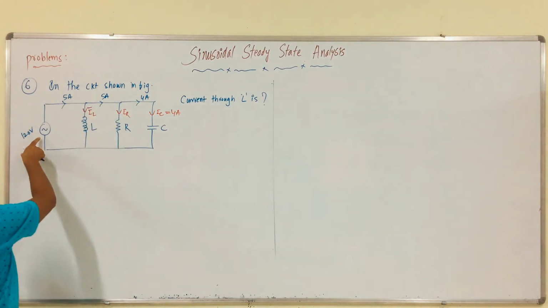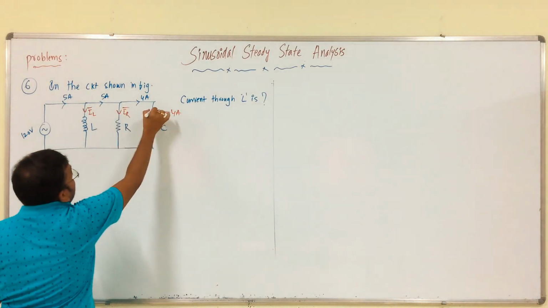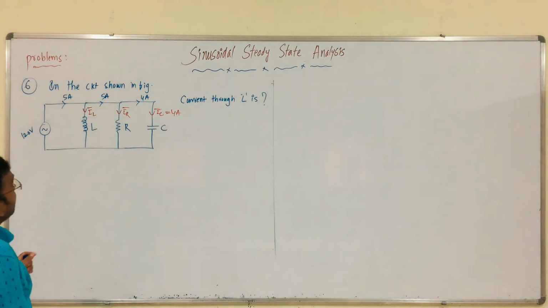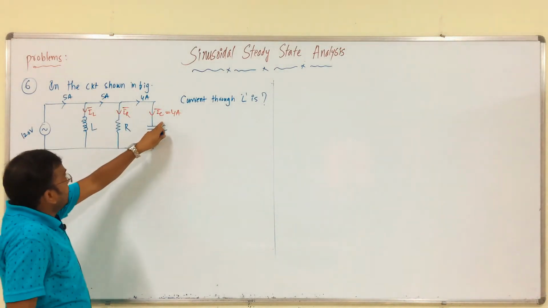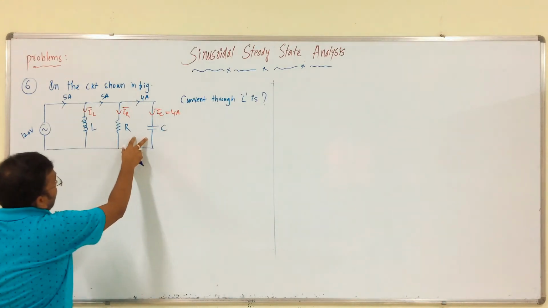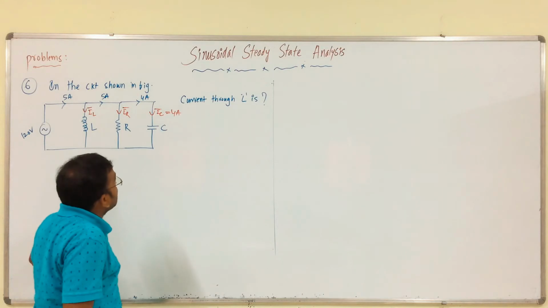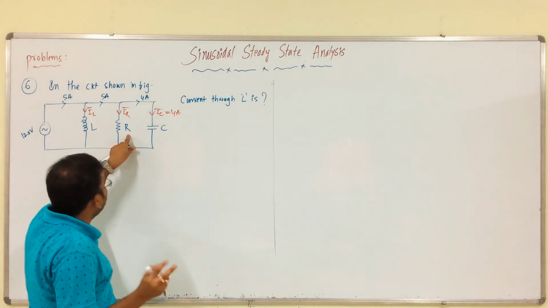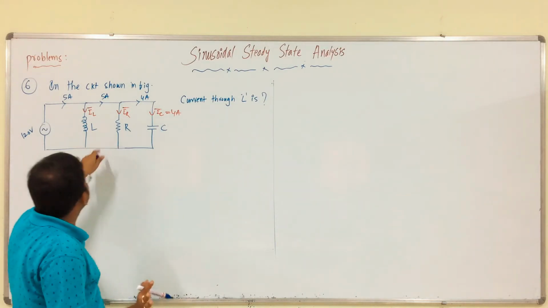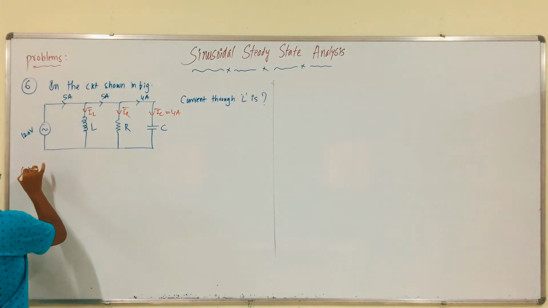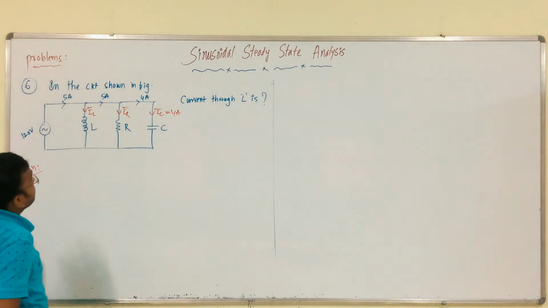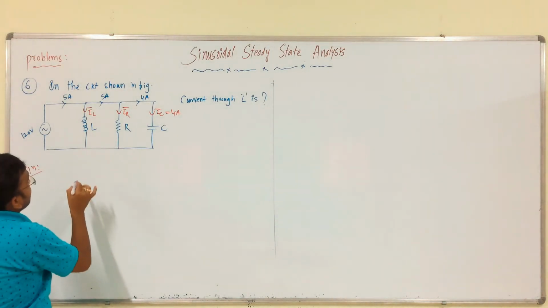See, the excitation is AC, therefore, these are vectors. Okay. We are having the value of IC. So, these two are connected in parallel. So, by using RC parallel connection, first we have to get the value of IR, later we will get the value of IL. That is it. Very simple problem. Okay.